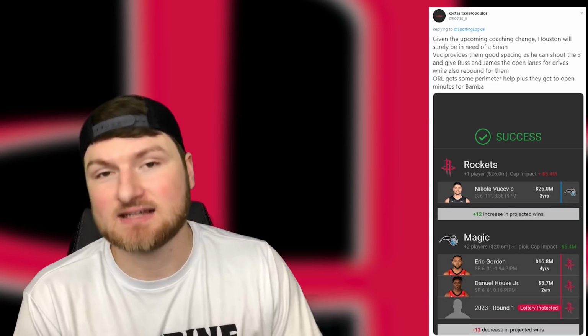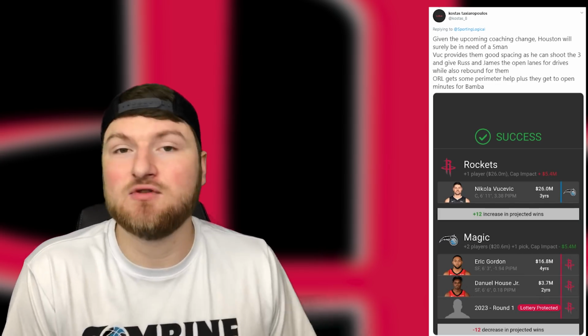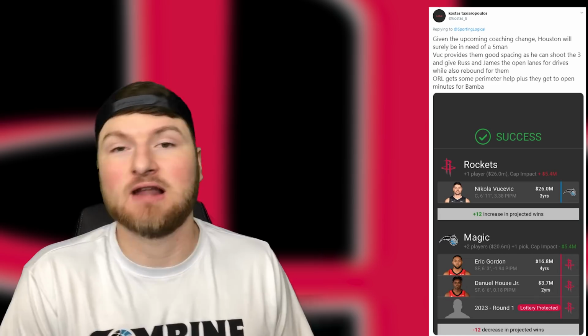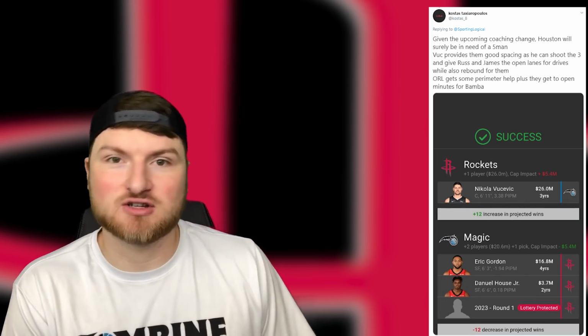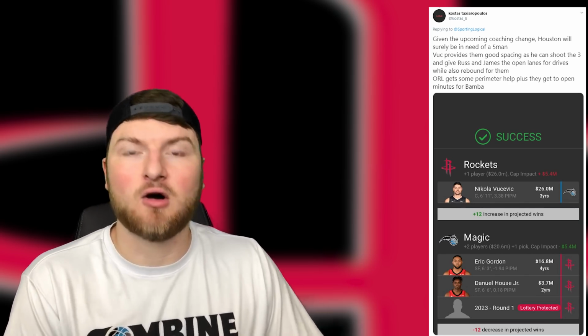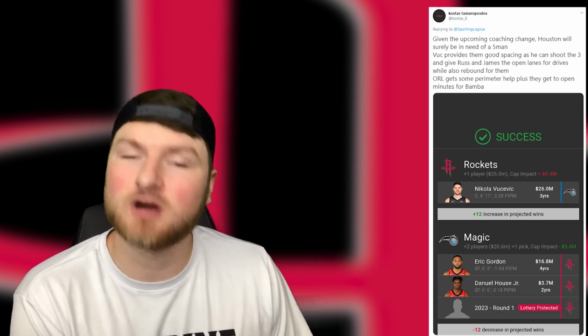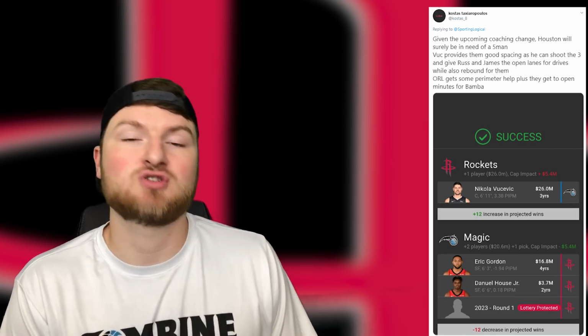For Houston, it's a similar thing to the first trade where they're getting a 5-man. They have this new coach that says, you know what, I need a traditional big. And Vucevic comes with the added value as well of being able to shoot from the three-point line. And of course, his game doesn't fit perfectly here because he's not going to be great defensively, nor is he really going to be this great floor spacing big all the time. He's going to want his post touches, which isn't really what Houston does. But under a new coach, maybe that will change and Vucevic can be a really nice scoring option for this